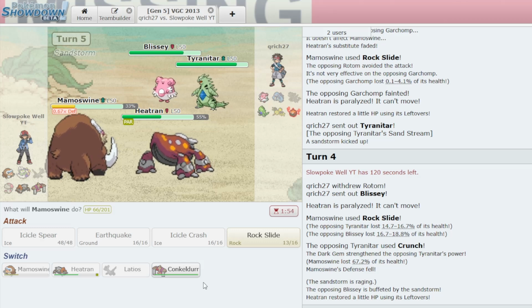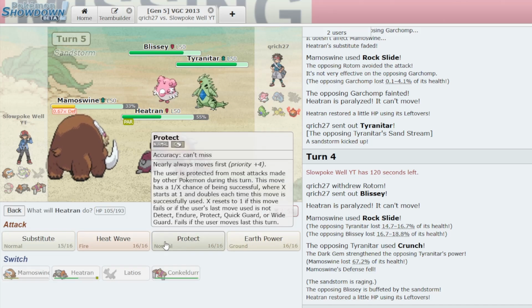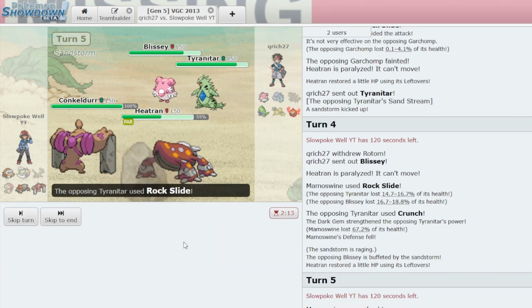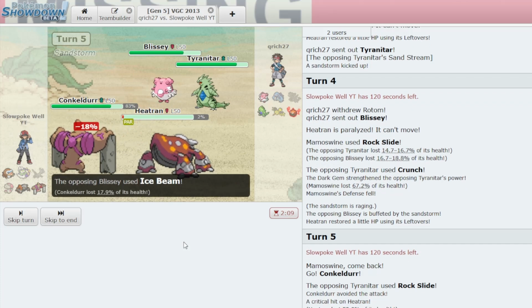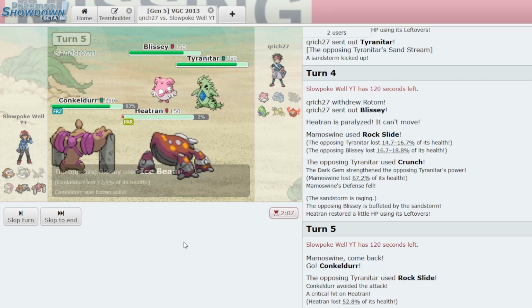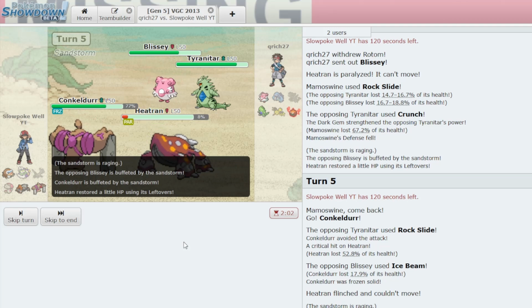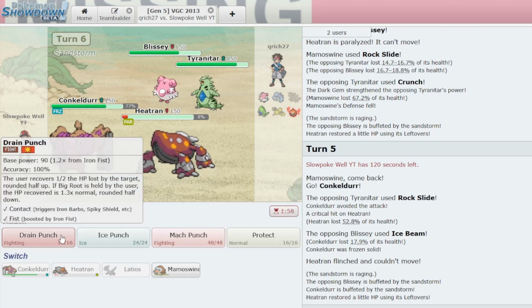So I think I'm going to switch to Conkeldurr. Maybe I'm throwing by doing that, but, you know, I hope not. And I'm going to Heat Wave. Okay, Conkeldurr avoids the Rock Slide, but Heatran gets crit. Conkeldurr switches straight into an Ice Beam. That would be fine, except it gets frozen, and then Heatran gets flinched. What is this format? Oh my god. Okay,